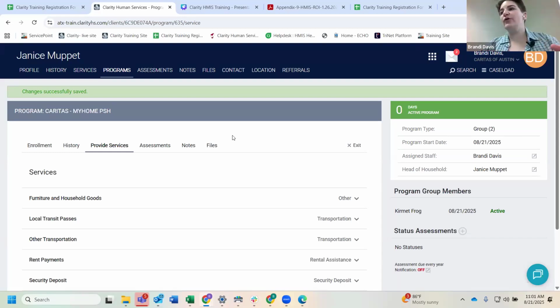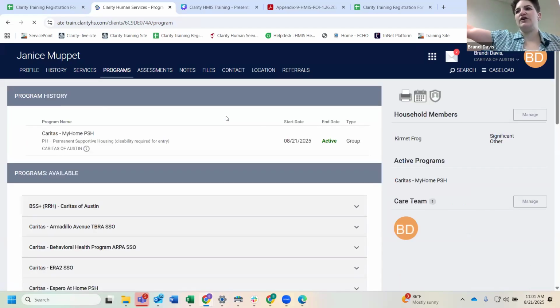Okay. So where we left off was our program enrollment. So that's really the bulk of your data entry whenever you're enrolling a client to your program. So we're going to pick back up where we left off. So we're in our programs tab. Can everybody give me a thumbs up if you're at this screen with me? Okay, cool. Great. Well, I just left that screen myself. So if you were at the screen I was just at, stay where you're at.